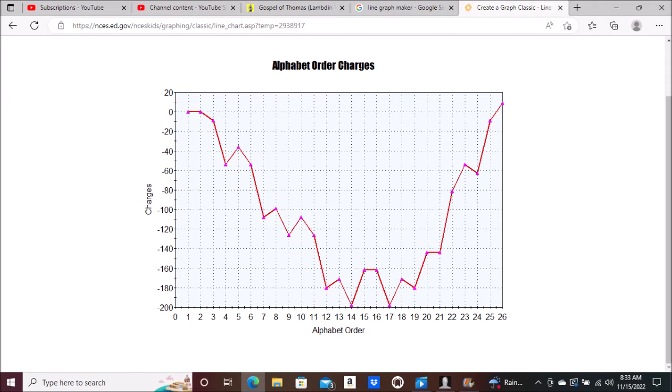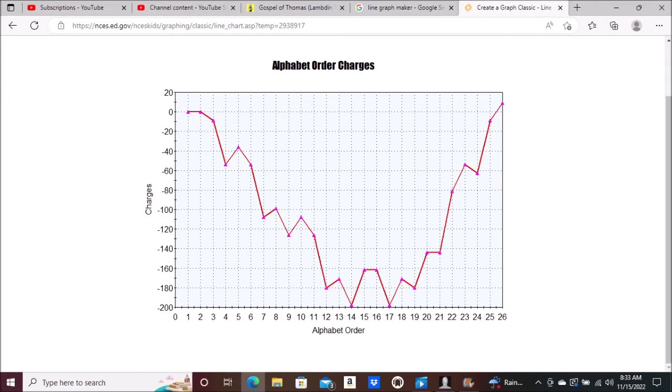O, -162. P is one of our balanced uncharged characters, just like the first two. So the charge at P remains -162. Then we get to our second of our Twin Peaks at Q, and again we're at -198, as low as it goes. At R, we come to -171. S, -180. T,